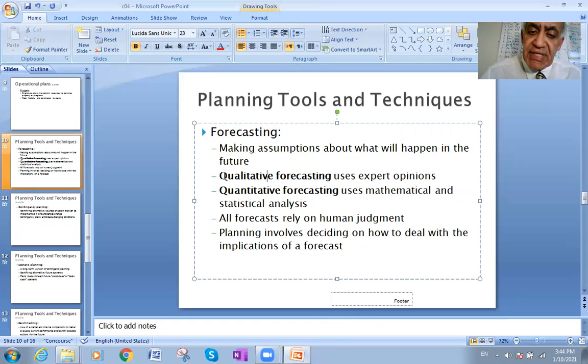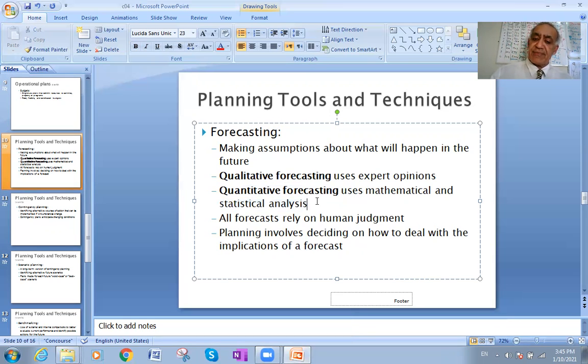Okay. Qualitative forecasting. The qualitative is based on the experience of the people, the points of view and the opinions of the people who are working with you. They create the qualitative forecasting. But the quantitative forecasting is when we use math, operations research, for example, linear regression in forecasting the sales within 50 years. So this is a mathematical approach, the quantitative.